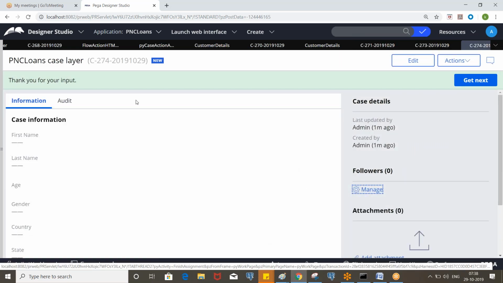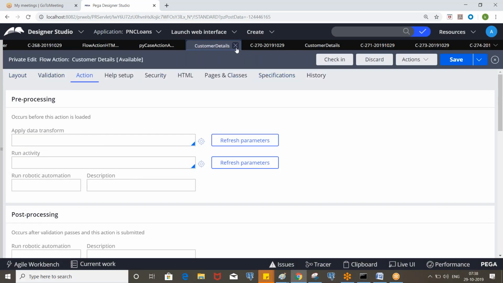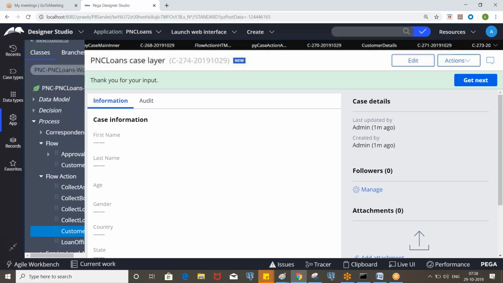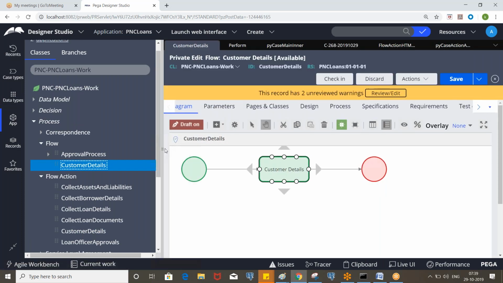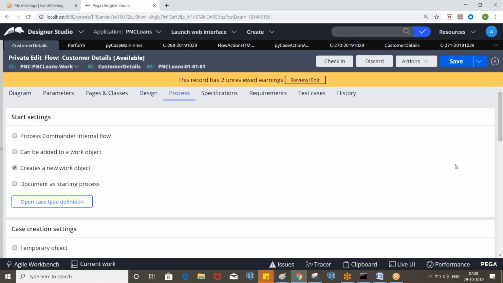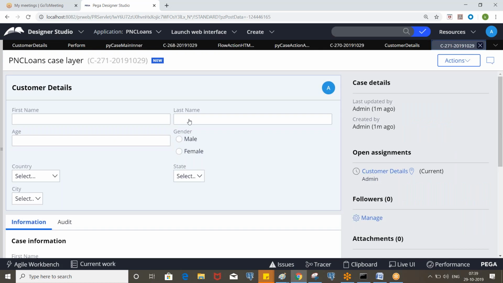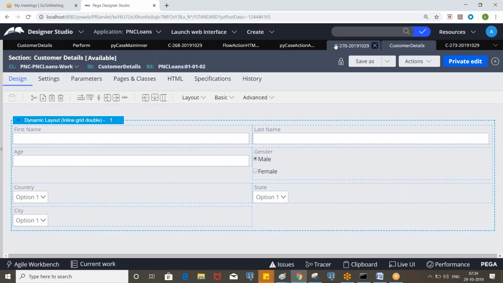So now here, if you look at the flow, the customer details. So here, if an assignment is not being performed, this is the confirm harness. Okay, confirm harness will be displayed. Okay, so here we have only one assignment which is completed.